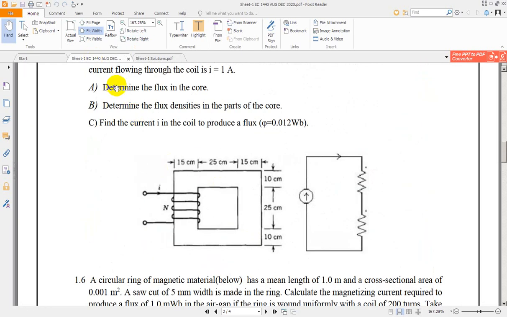We have calculated the flux and also flux densities in the different parts of the core. Now we need to find the current in the coil to produce a flux of this much. It means the flux is this much. What will be the current? If you want to produce a flux of this much, what should be the current value? For this flux,